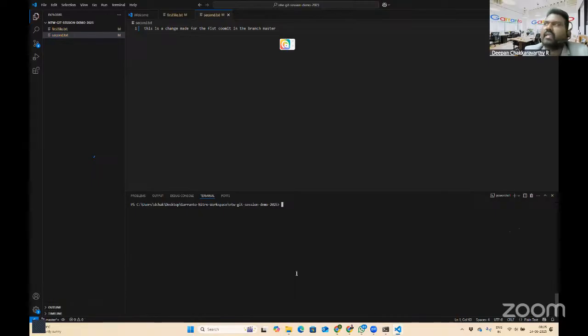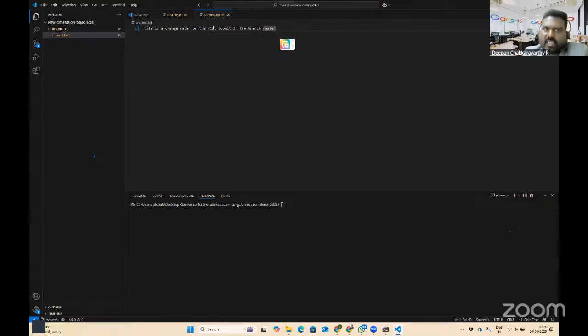Git follows a three-level workflow, meaning it has three trees. One is the working tree. The other one is the staging. The third one is the commit, which we typically call a repository.